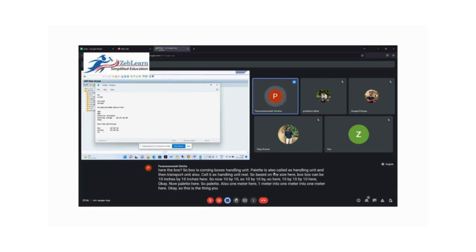Transport units here are 10 meters by 5 meters. So sizes are available like this. These are all different scenarios. If you want to keep stock as boxes, that is a different scenario. If you want to keep stock as pallets, that's a different scenario. Transport unit, different scenarios. Based on the business organization requirement, it will be created up to 100